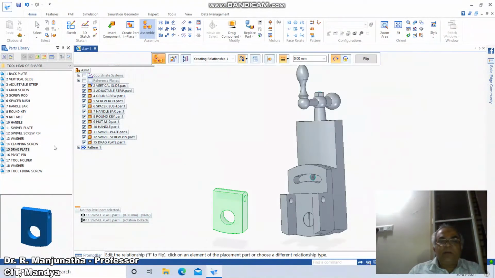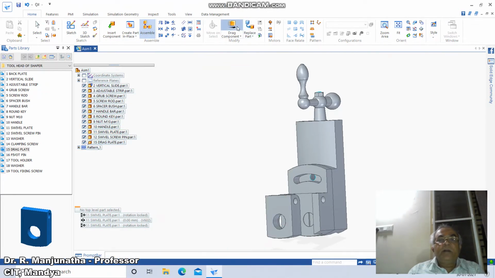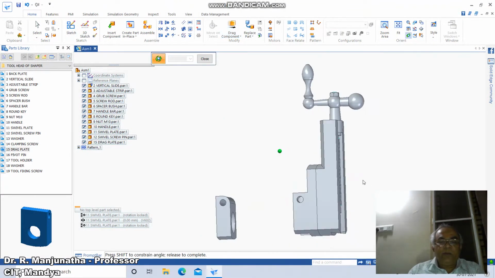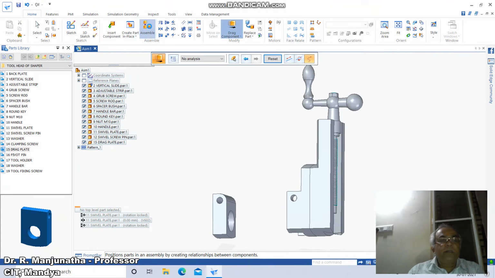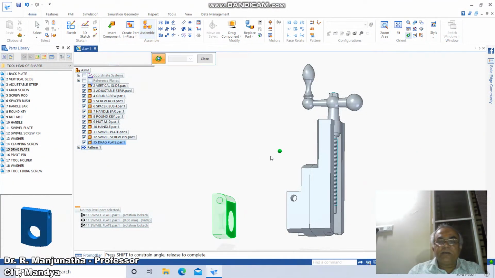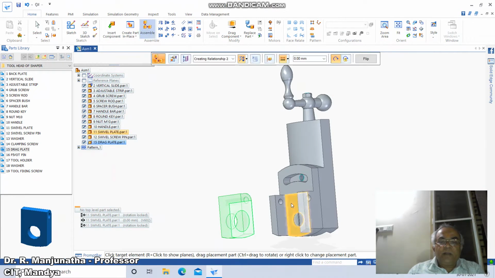You just double click on this, then go to assemble, lock the rotation, click on this axis with reference to this axis. Now you just drag the component, say OK, so bring it out, then go to rotate, reorient, then go to assemble, click on this face with reference to this face and click on this.